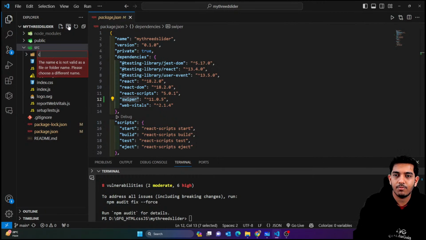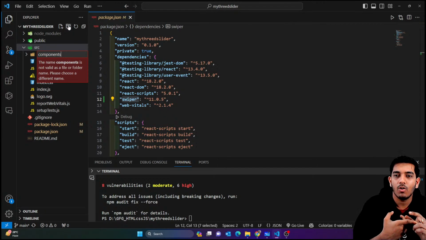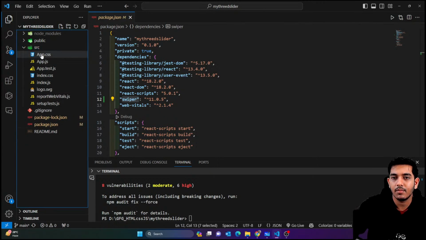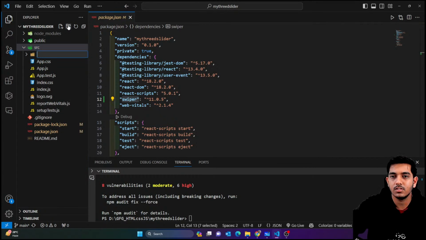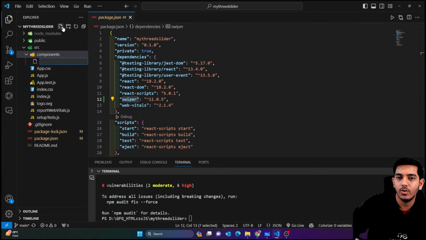So I'm just gonna create a folder, the folder named components. Here you can assume your footer component, your navbar component, your swiper, any component would be available here, right? Okay, now it's fine. So you can see that I created this. Now inside this, guys, what you need to do is simply create different components. You can create your own components right now, but I'm only going to create one component that is going to